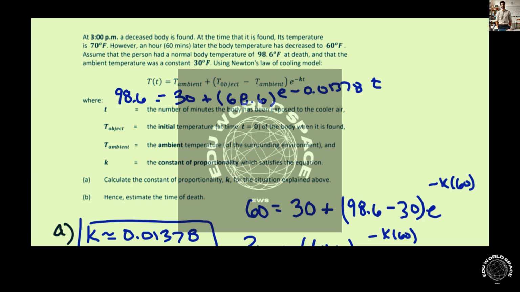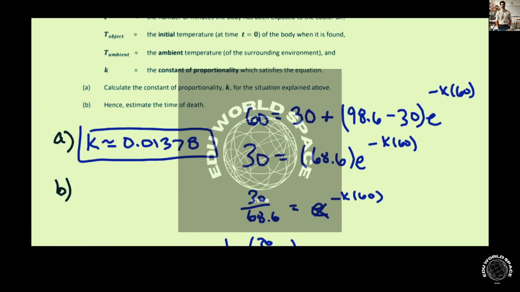Actually, I'm making a mistake here. We don't want to set it equal to 98.6 because that's just going to give us time 0. We want to find the time when it ended up being 70, so that would be 40,